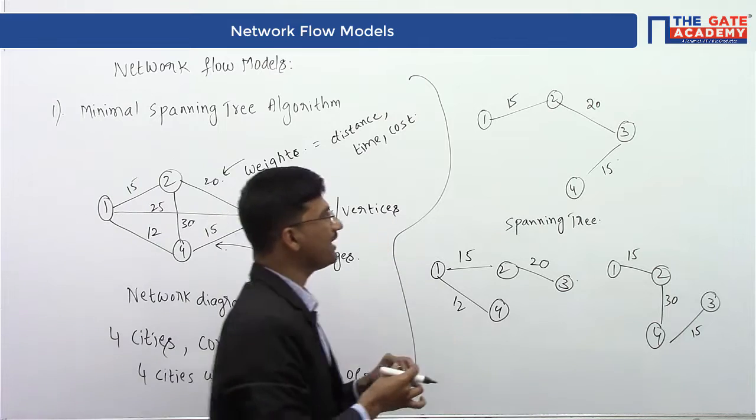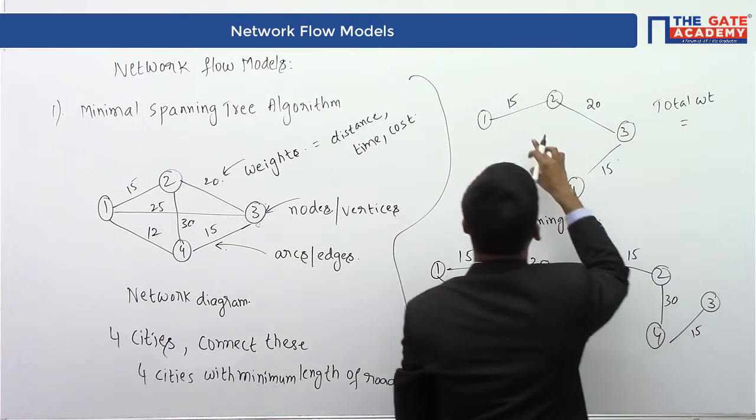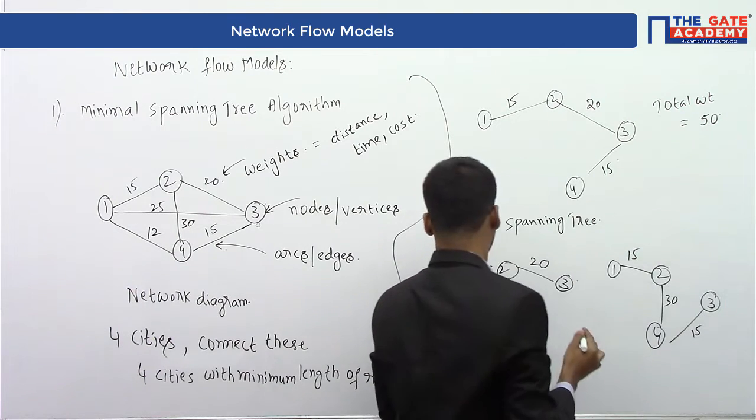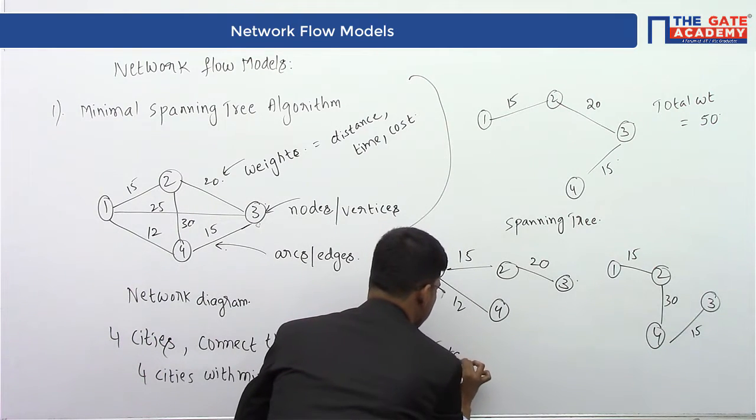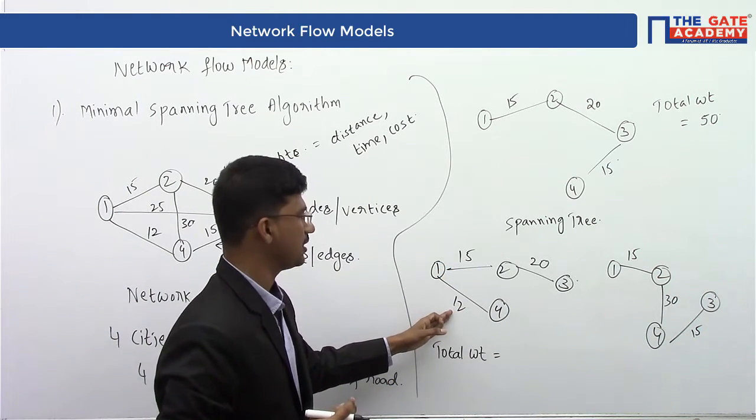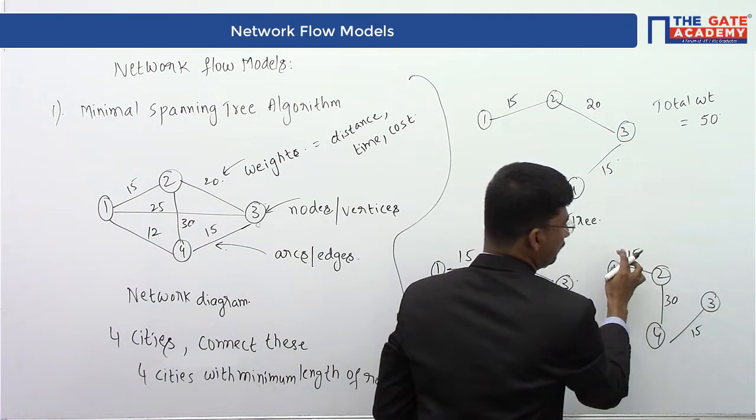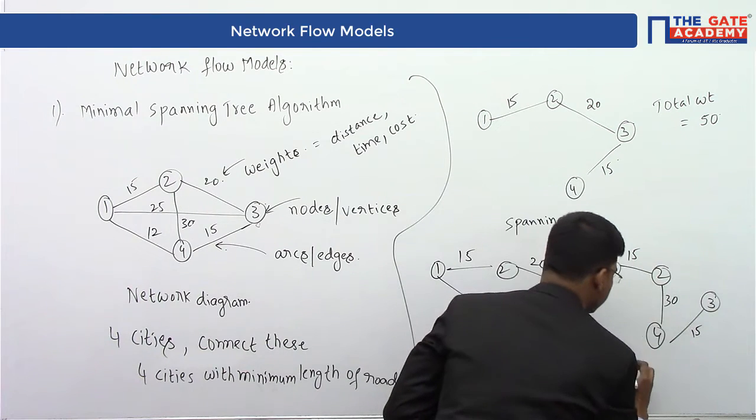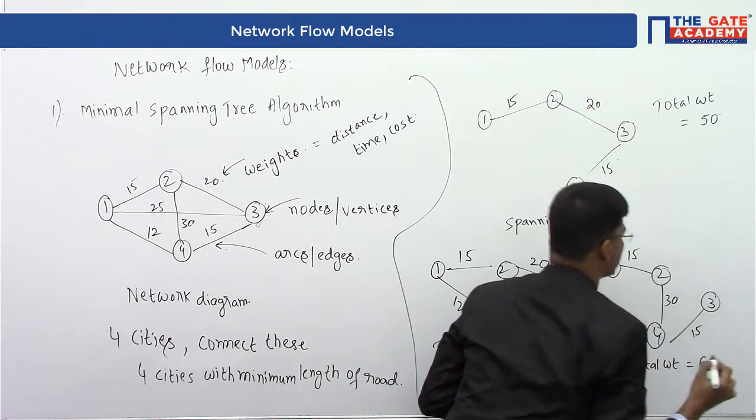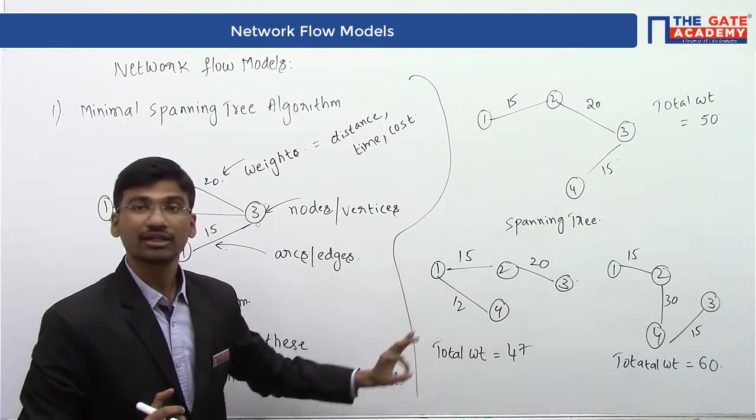Okay, so total weight, I am just writing it as total WT, is equal to 15 plus 20 plus 15. So 30 plus 20, it is 50. Now here, total weight is equal to 15 plus 12, 27, so it is 47. Okay, so 15 plus 15 it is 30, so again it is 30, so total weight is equal to 60. Okay, so like this you can draw so many spanning trees and you can calculate the total weight of